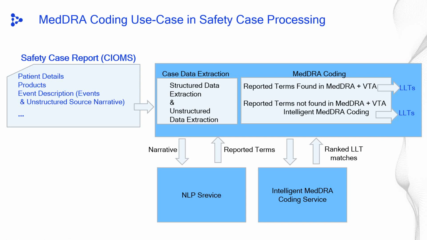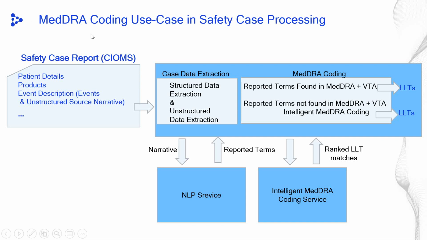So different companies have different conventions, and they also have different areas of specialization. So they probably will have subsections of MedDRA that they get more frequently than others. But then the coding algorithm has to be smart enough to learn those conventions and code them appropriately, right? So this is where intelligent MedDRA coding comes in. Typically, a